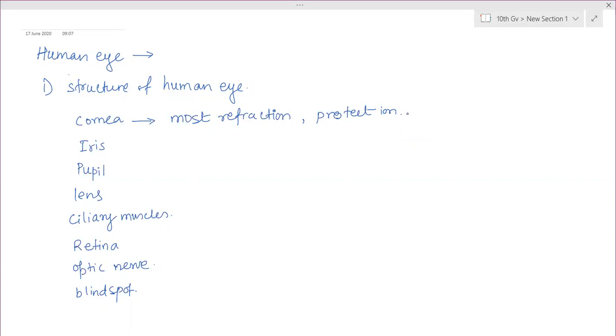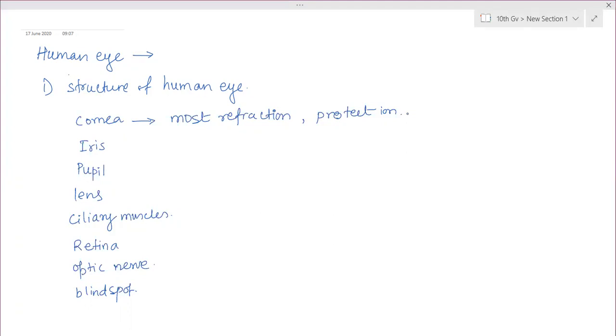So the size of the pupil gets decreased or increased. It is just like a window. When more light is entering inside, the size should reduce, and if there is dim light, at that time the pupil size should be increased. And this function, increasing or decreasing the size of pupil in bright and dim light, is controlled by iris. Iris muscles relax and contract under the control of midbrain.